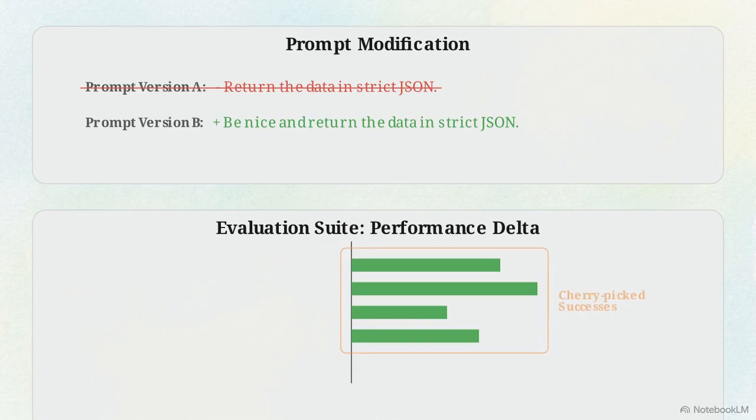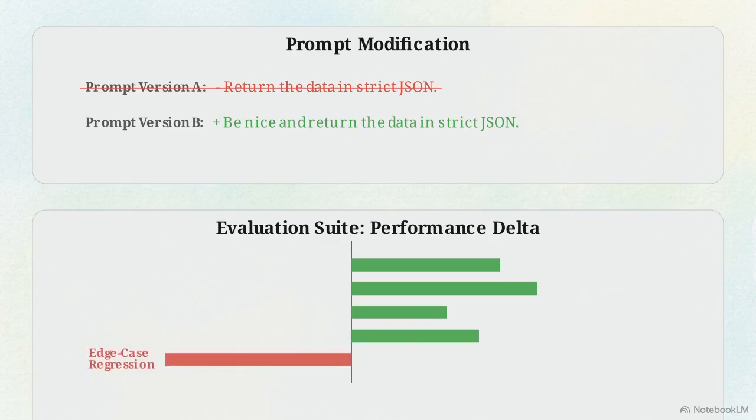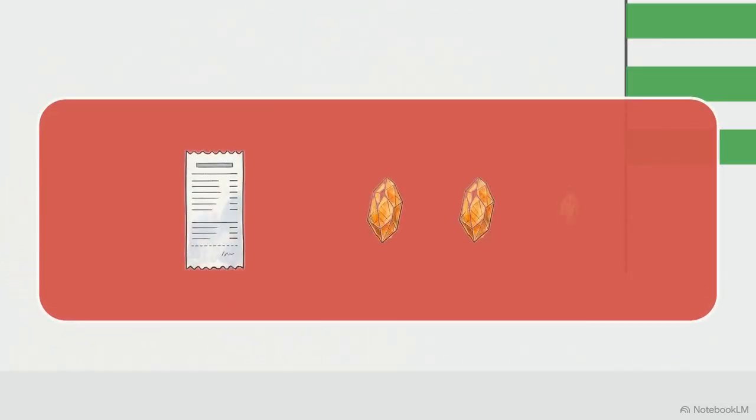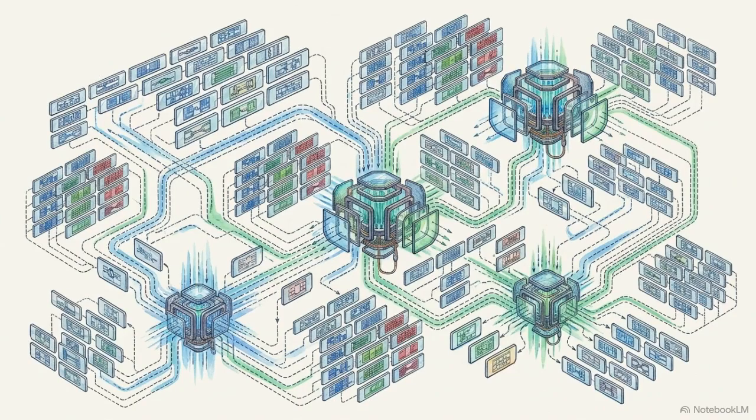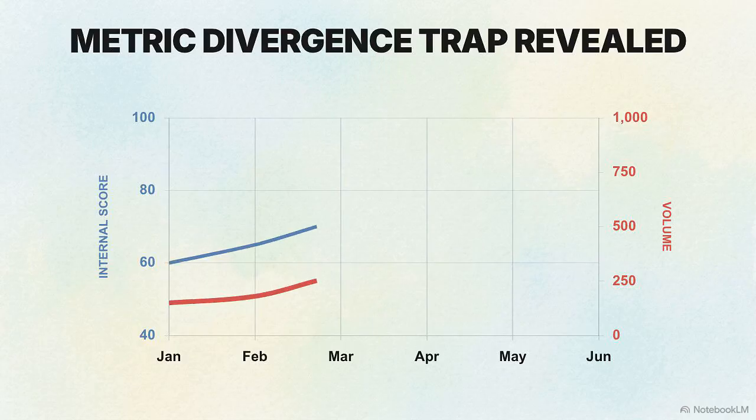This replaces the habit of deploying updates based on a handful of cherry-picked successes on a developer's machine. Regression testing exposes the unintended side effects of a change, proving that a fix for one prompt can silently break 3 obscure edge cases elsewhere. This rigorous process shifts internal debates away from subjective opinions and toward the study of empirical performance deltas. Regression testing is the mechanism that transforms generative AI from an unpredictable experiment into a manageable software product.